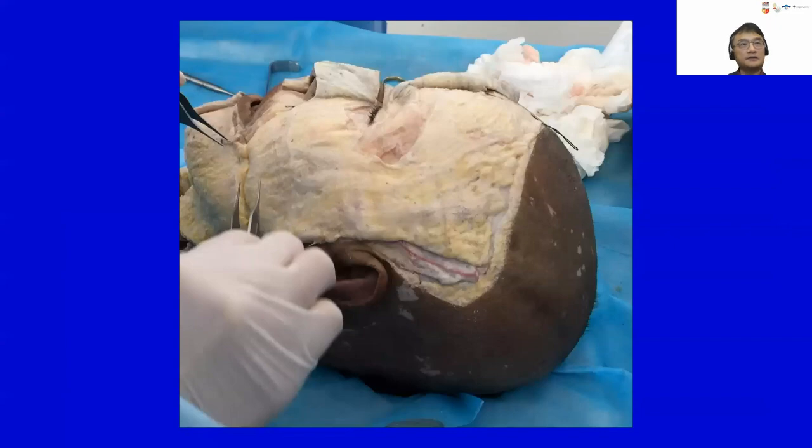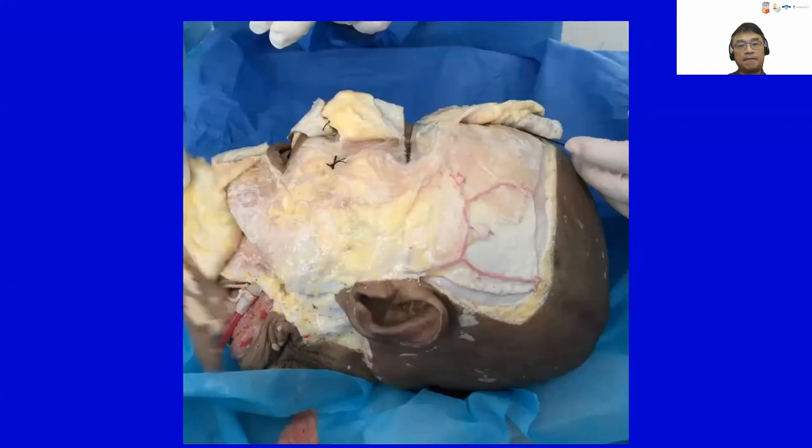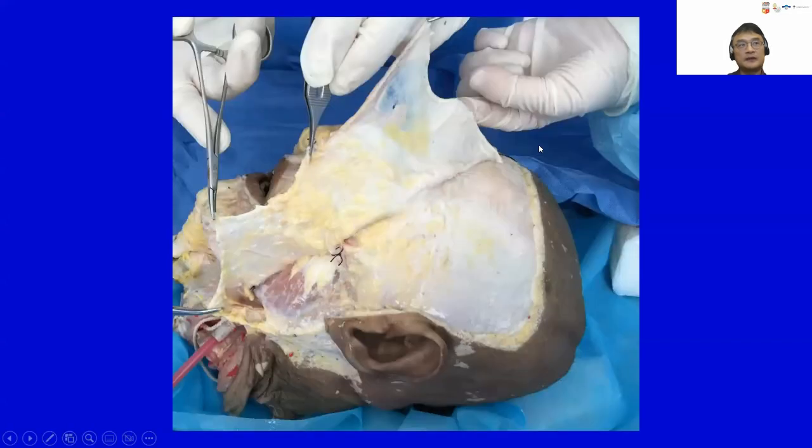From the cadaver dissection, you can see the continuous subcutaneous fat layer after removal of the skin. This is from the anterior. You can see the anterior surface of the SMAS, and the whole layer of the SMAS is seen, and the deep fat and muscle you can see. Actually, that looks very simple, but it is quite complicated.